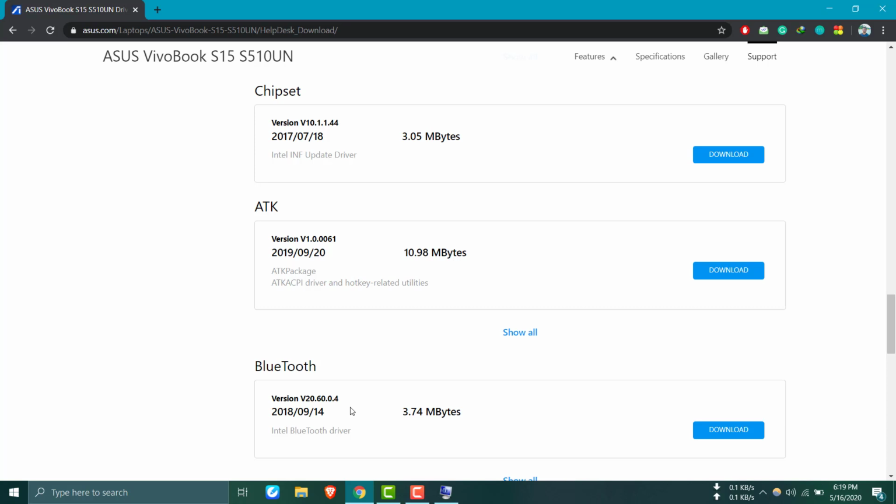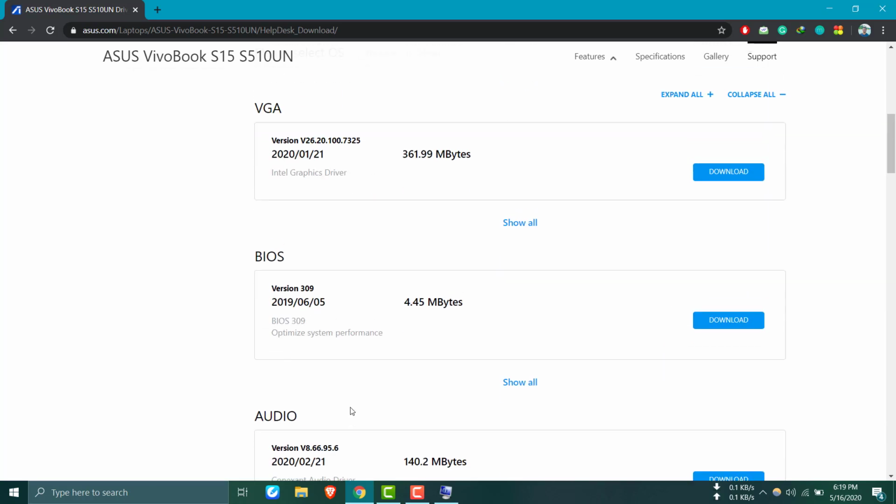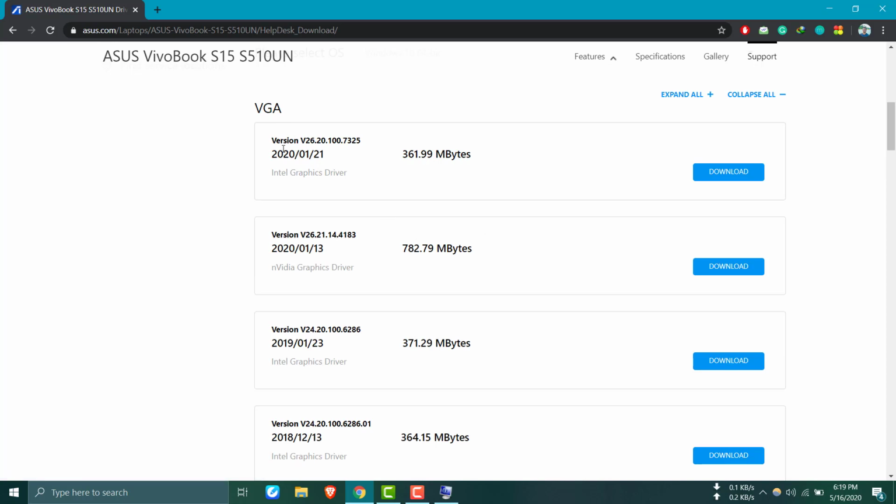A blue screen problem mostly happens because of the video drivers. In most tutorials and web pages I have seen, they tell us to update graphics drivers, update NVIDIA drivers. I have tried those things but nothing happened. So you should select this show all. You can see the Intel graphics driver and NVIDIA graphics driver. Both drivers are listed here, sorted with the latest one first.